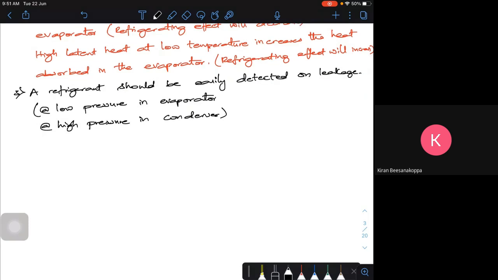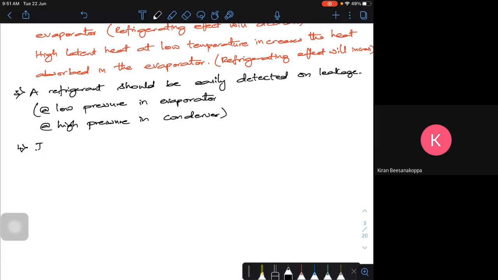See, we have seen critical pressure and critical temperature. If you put the dome for water and all pure substances you have seen, what is that critical point and critical temperature and pressure? At that particular point, the phase change from liquid to vapor is minimal. The energy requirement will be minimal at that point. So when you have such a requirement from a pure substance, if the refrigerant has the same property, it is very good. A very high critical pressure and temperature can bring down the power requirements. So that's one property.